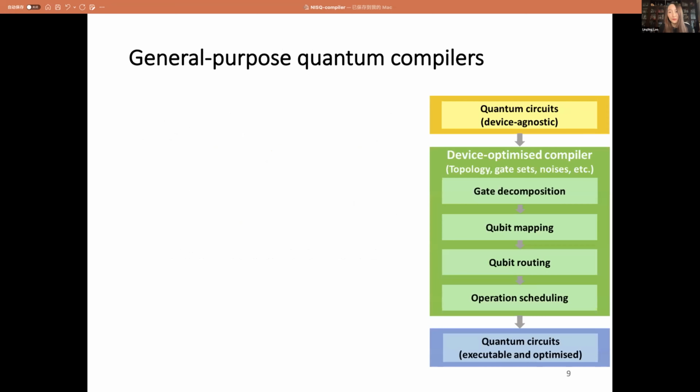This is a framework of one general purpose quantum compiler. It consists of several compilation passes, and it will compile a device-agnostic quantum circuit into one that is executable and optimized. First, it has gate decomposition and optimization passes, which decompose the input circuit into the hardware gate set and optimize these circuits to minimize the number of gates.